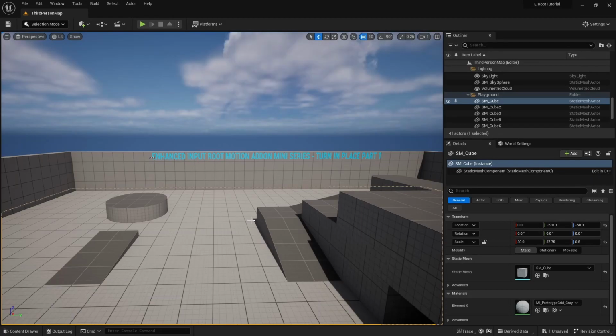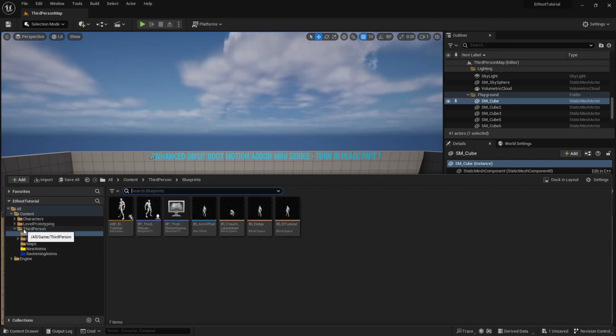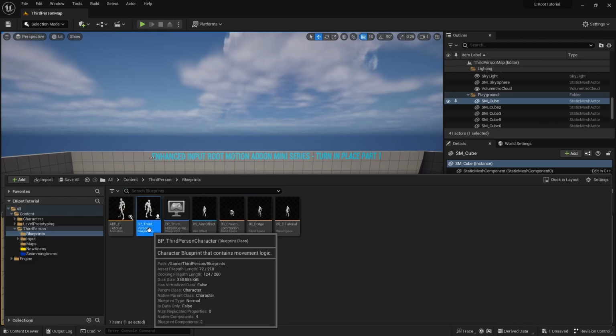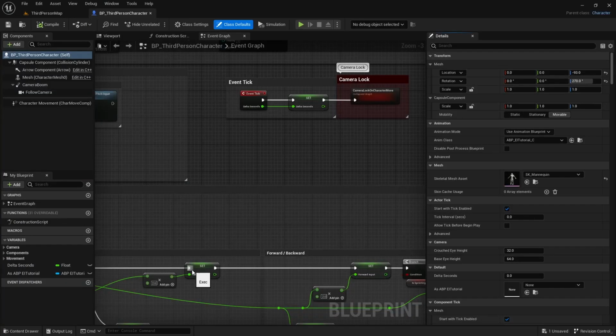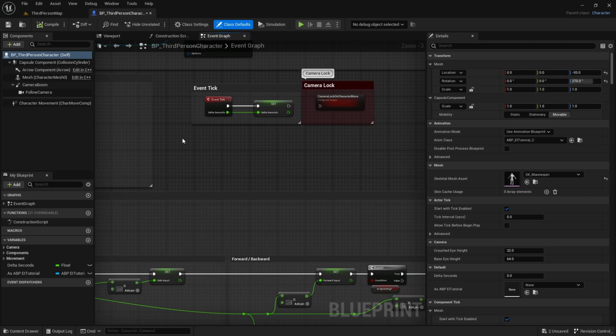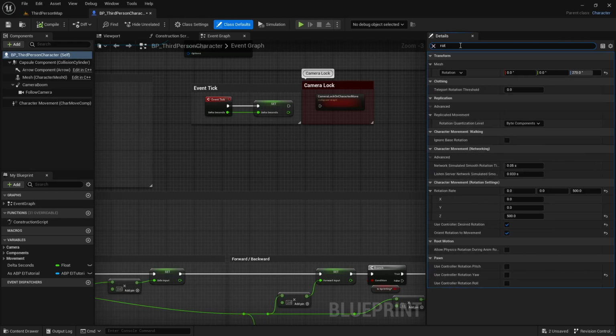So first thing we need to do is open up our character blueprint. So third person blueprints, BP third person character. We need to go ahead and disconnect this camera lock. You don't need to delete it. We may end up using it later, but for now we're going to just go ahead and disconnect that. And then we also need to go to our BP third person character self here at the top. And then we're going to use the controller rotation, so you can just type rotation,